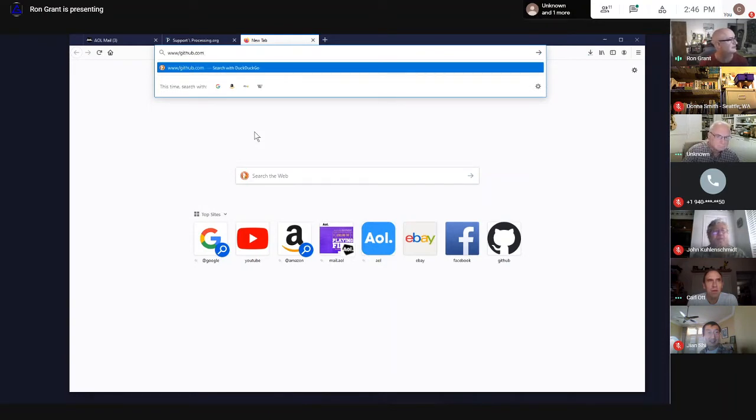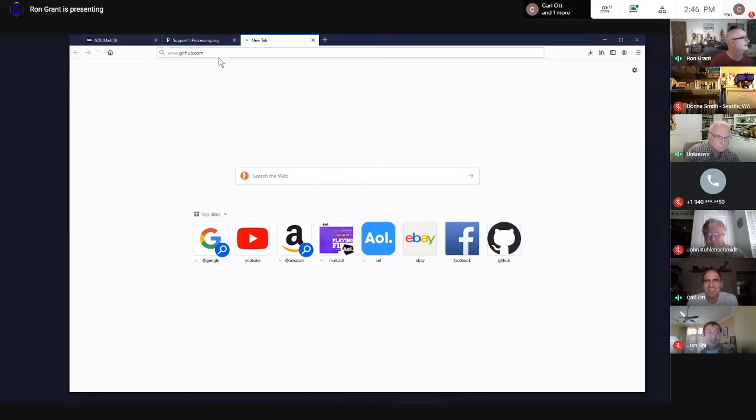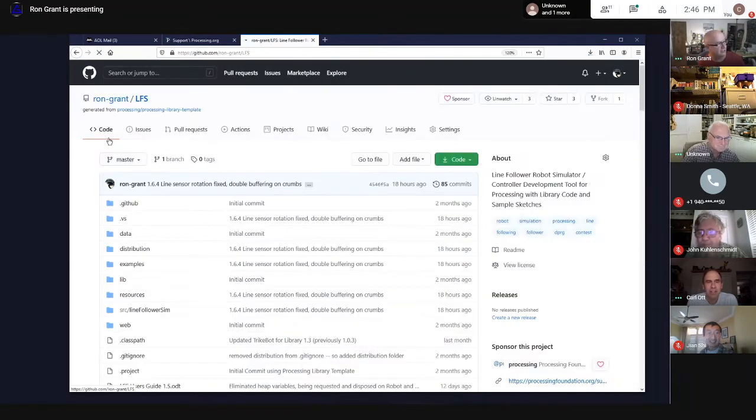One of my problems is I'm not a touch typist and my keycaps are wearing off, but I hate to get a new keyboard. So did I get that right? Oh. Ron. Okay, here we go. Okay, so